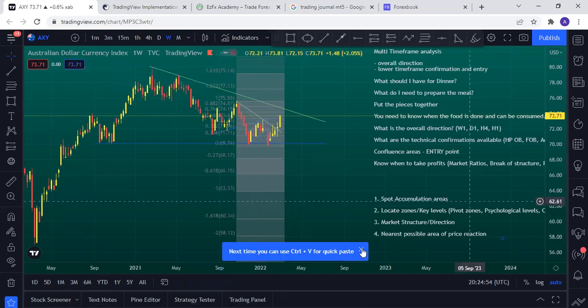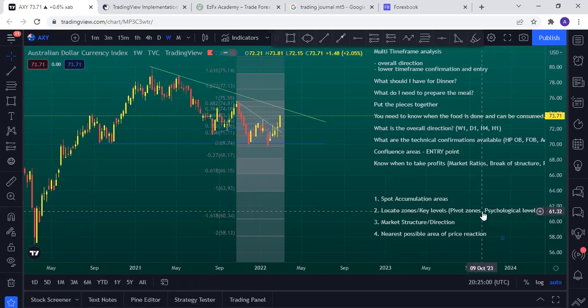Basically, these four things are the same things I'm going to do on the higher time frame and on the lower time frame. Regardless of the time frame, this is what I will still end up doing. However, I want to make sure that what I see on the lower time frame agrees with what I saw on the higher time frame. That's the only clause to this. You want to be sure there's a confirmation of what you saw on the higher time frame